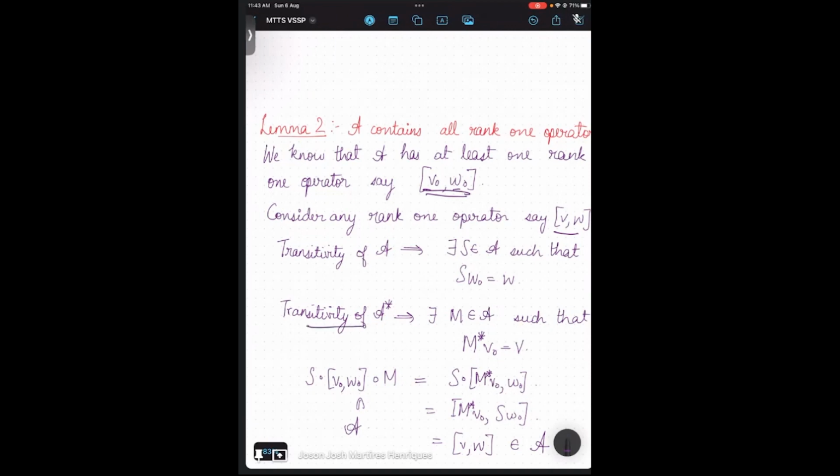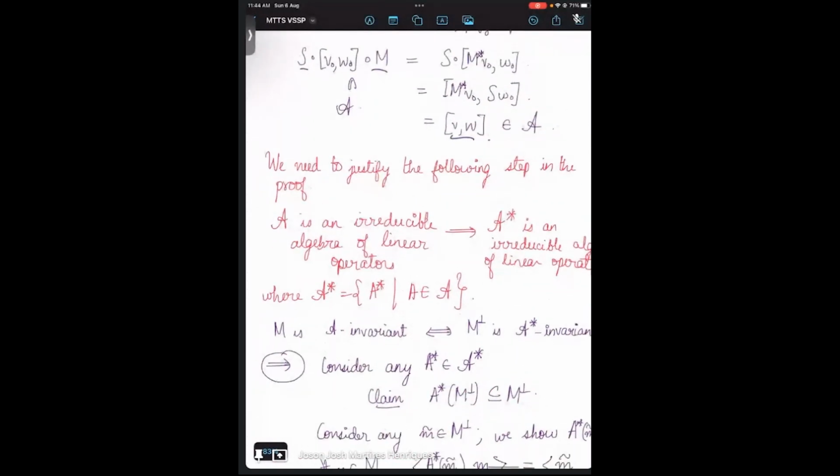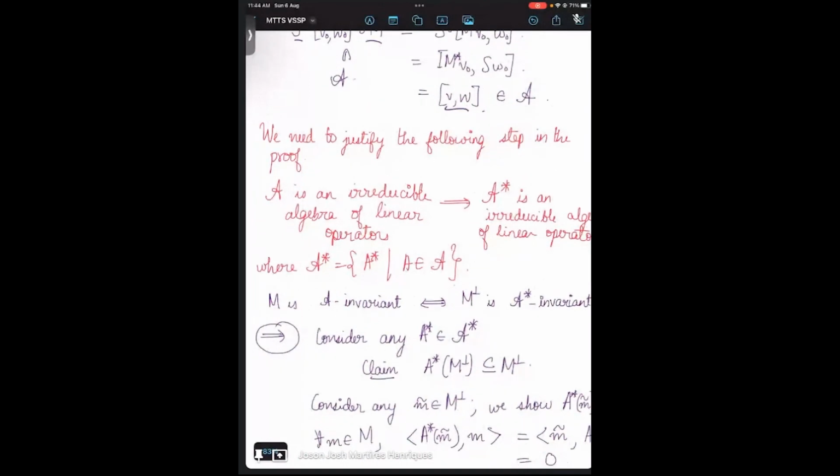So I shall quickly sketch a proof of this, but let's quickly observe that once I have this, my proof is done, because I just pre-compose and post-compose by those members of the algebra that I'm considering, and that allows me to travel to any rank 1 operator that I'd started with, that is V comma W inside the algebra A. So the only thing that is left in this proof is now we want to show that if I start with an irreducible subalgebra, then its adjoint subalgebra, which is a collection of all its adjoints,